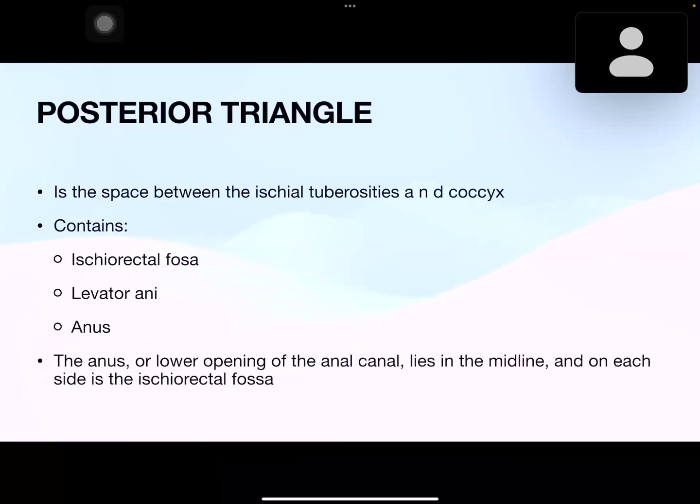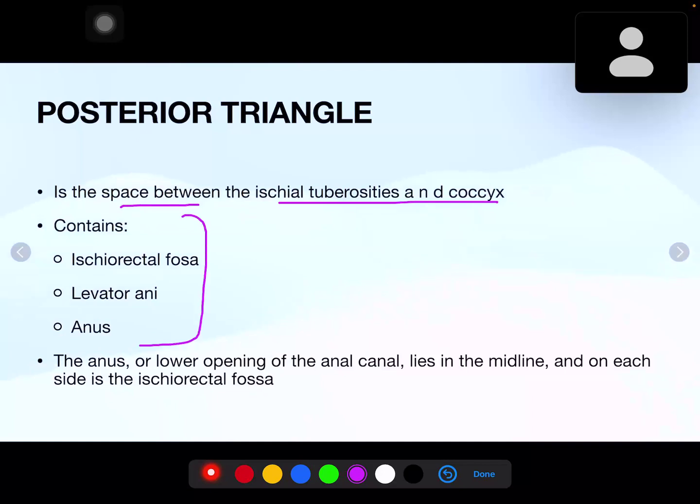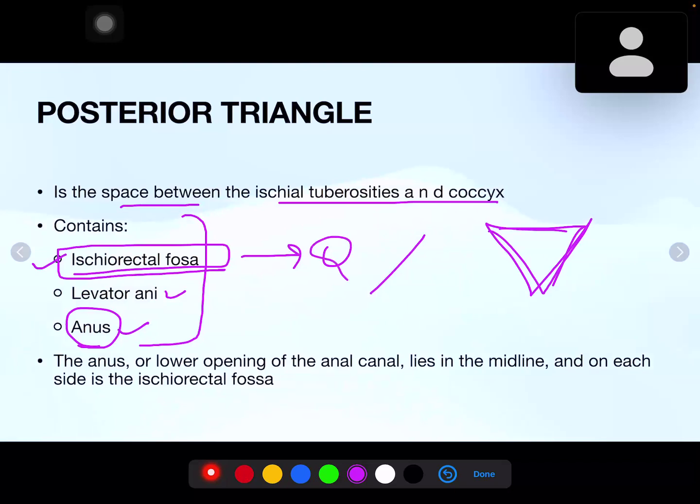Okay, so the posterior triangle, the name indicates it is the anal triangle. It is a space between the ischial tuberosities and coccyx, and it contains first the anus, because that was the anal triangle. It has the levator ani as well, and the ischiorectal fossa. Now this fossa is also a very important structure in here. So the anus or the lower opening of anal canal, it lies